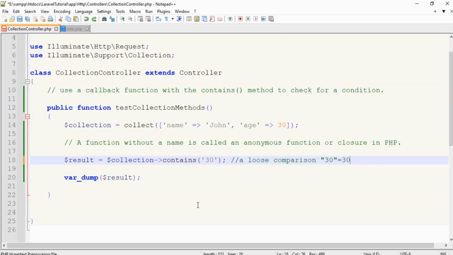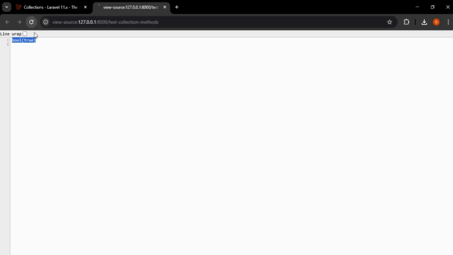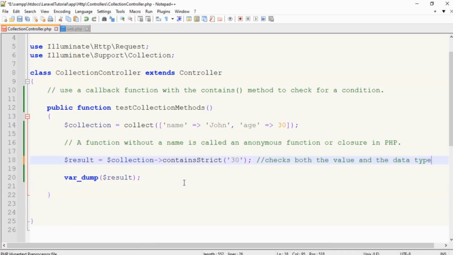Now, to apply strict comparison, we replace the contains method with the containsStrict method, save the file, and refresh the page. This time, it returns false because the string 30 is not strictly equal to integer 30. The containsStrict method checks both the value and the data type, so a string 30 is not considered the same as an integer 30.